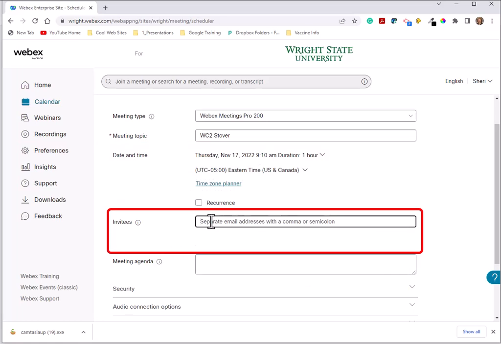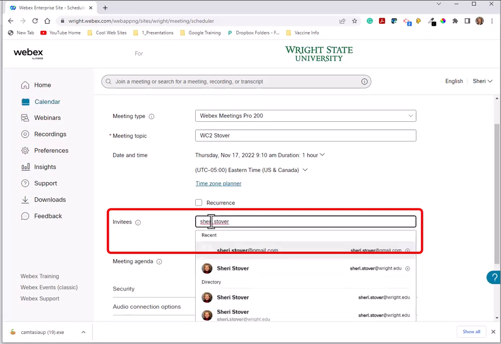So your group members should be the ones that are your fake students. And so those are Wright State students. And when you're using Wright State emails within the system, it works and plays very nicely together. So make sure you're using their Wright State emails. In this case, I'm doing an outside student because I can't do it with my own.